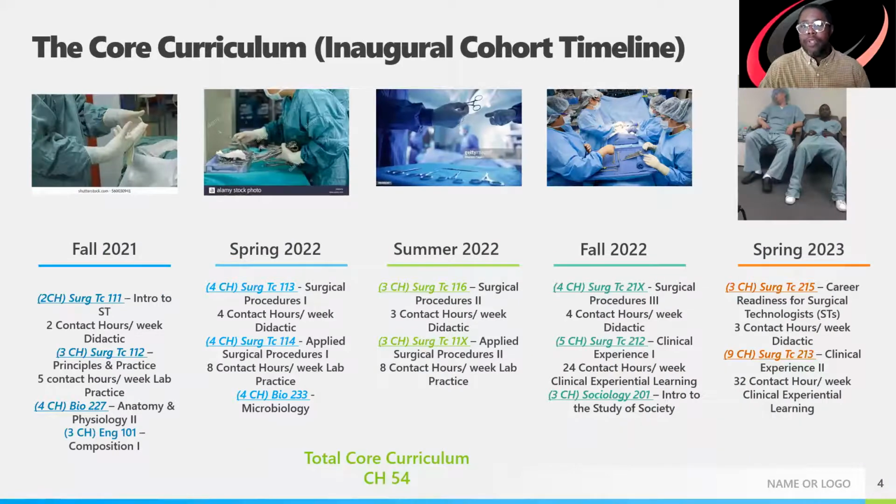So what does this program layout look like to the student? Well, if we look at our curriculum for our inaugural cohort, they will start in the fall of 2021, and their 2 core curriculum courses will be Intro to Surgical Technology and Principles and Practice of Surgical Technology. The Intro to Surgical Technology course will introduce the student to the field of surgical technology in a didactic or lecture manner. The lab course, Principles and Practice, is where students will begin to learn the basic skills of aseptic